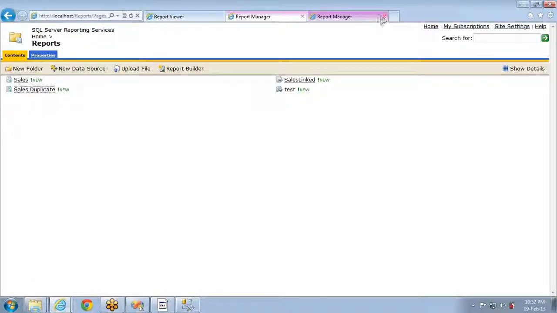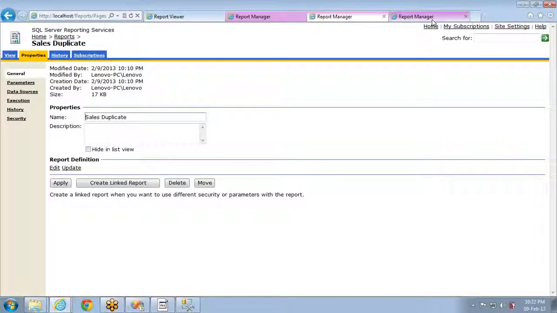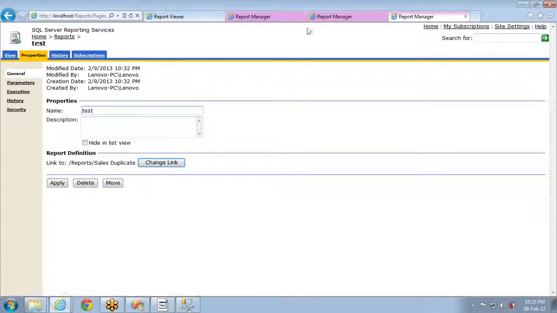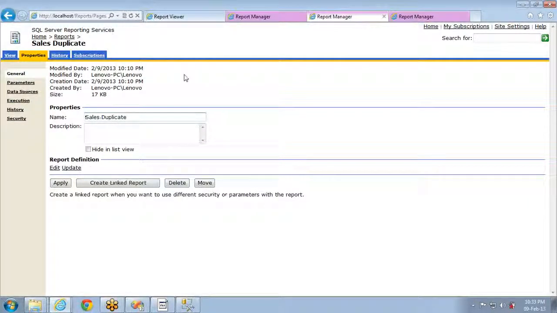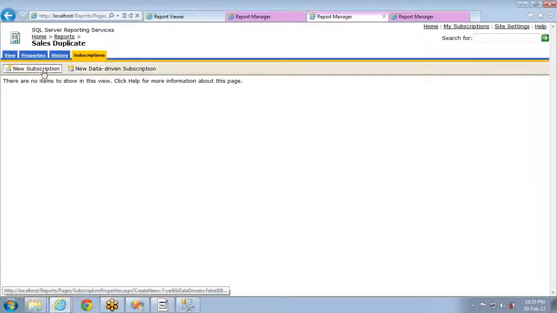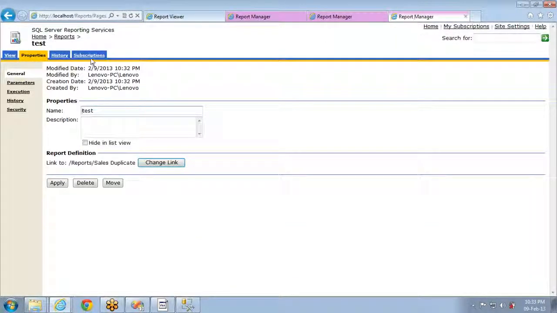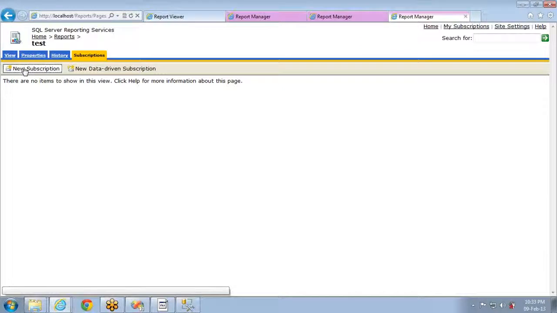Let me open in a new page. And this is your link report, whatever you created using this parameterized one. So the advantage of this one is here you can see that you can create subscriptions, right? While creating subscription, you have to hardcode one parameter value. If you want to design new snapshots or new subscriptions with a different parameter value, let's say for this subscription, while creating, you have selected the parameter value black. That means for every black color one, the subscription will be triggered, and the report will be generated. Here, you can create a subscription with a different color. Right, this is one advantage.